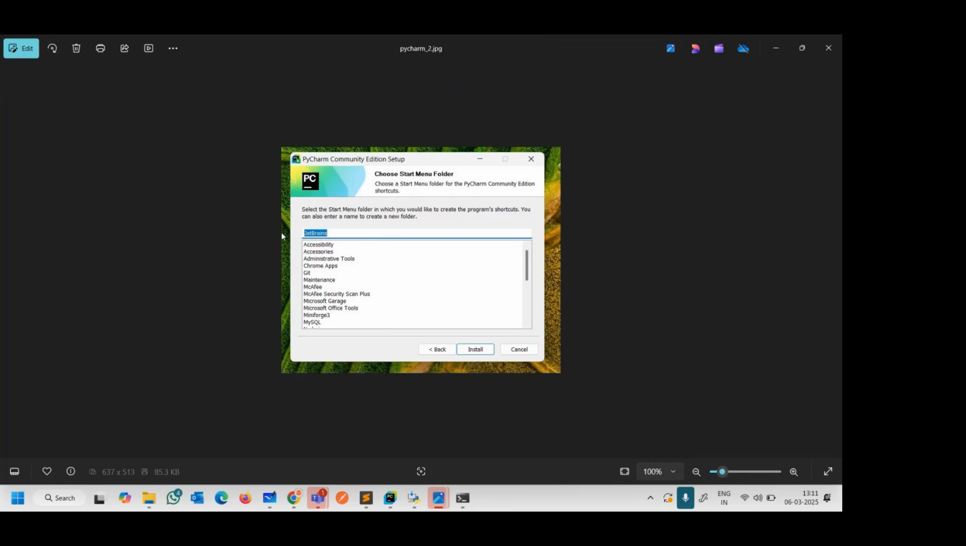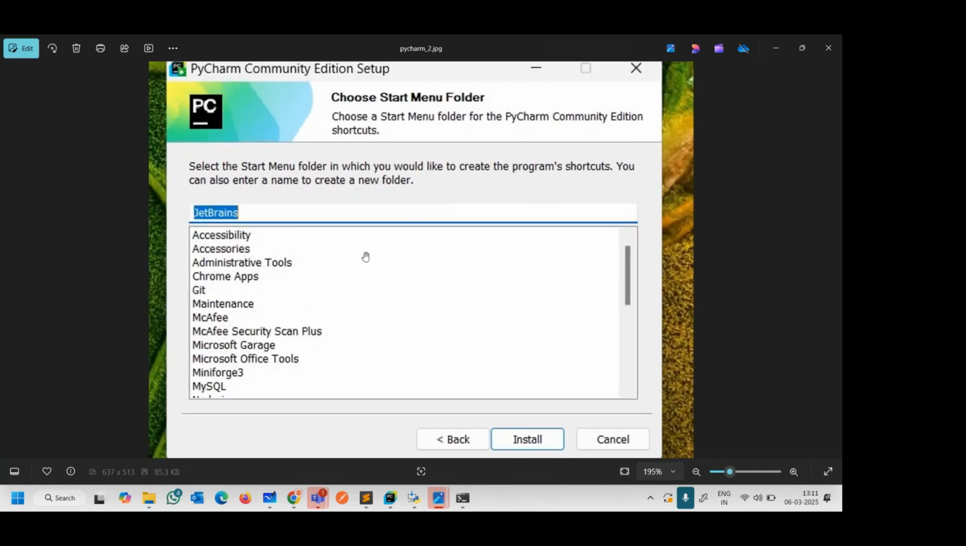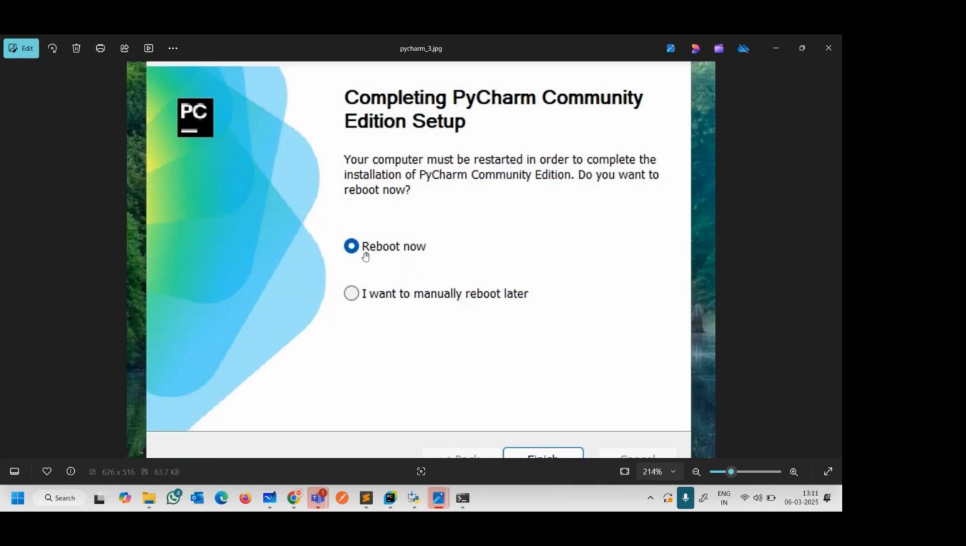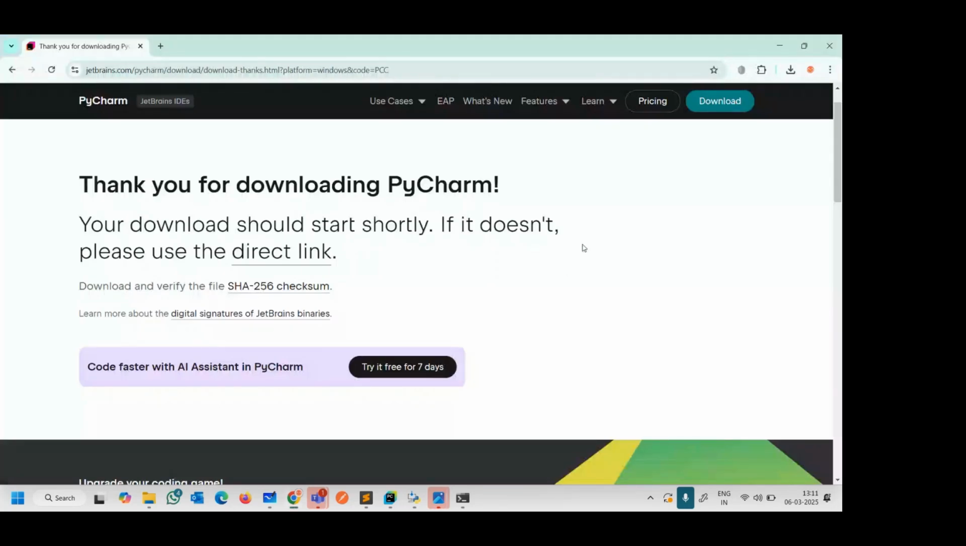Okay. Next, click install. Immediately click install. And again, don't choose any location. Don't change the location where it is going to install. After this, it is also going to ask for reboot now. If it is asking, reboot it. Once it is done, it is going to get installed. Once it is installed,